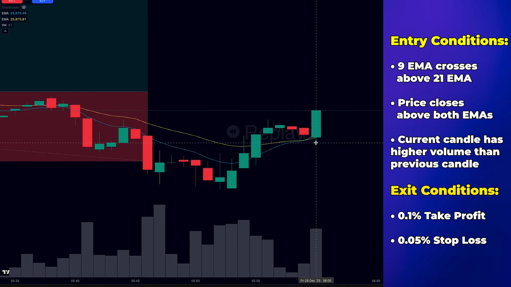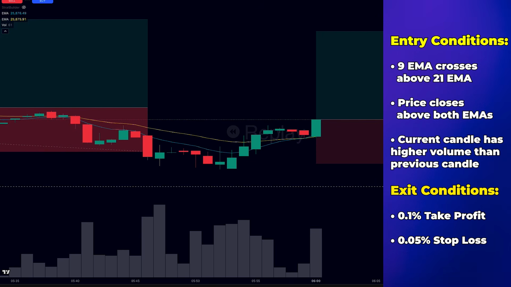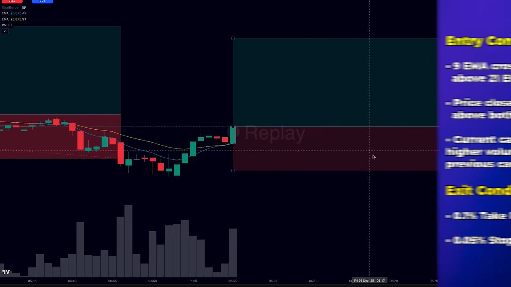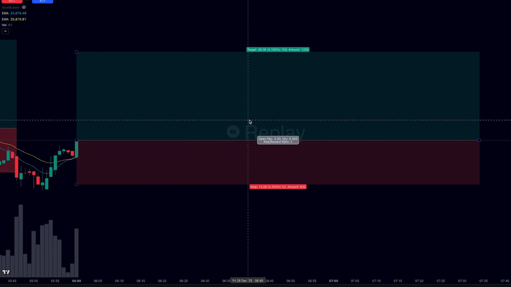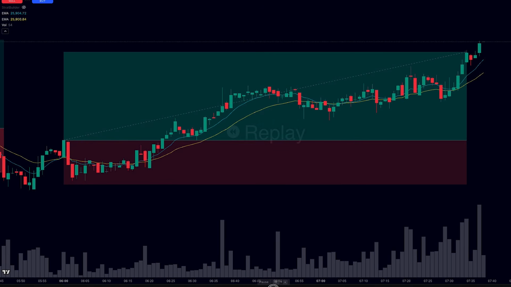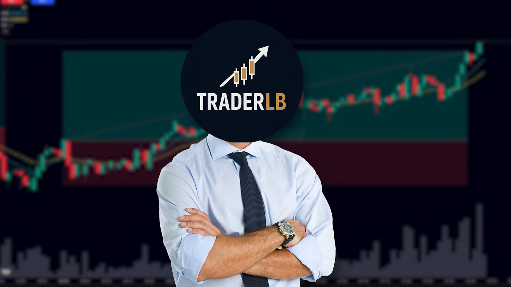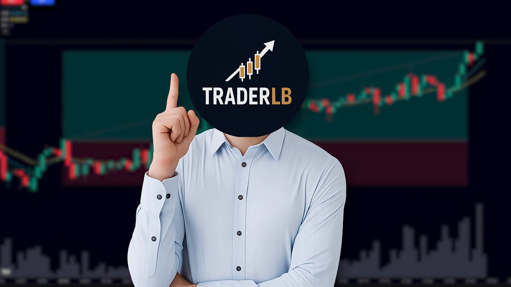So let's go over one more example. We can see on this candle that the 9 EMA has crossed above the 21 EMA and the candle has closed above both EMAs and the volume is higher than the volume was in the previous candle. So we set our stop loss at 0.05%, our take profit to 0.1%, and we let it play out and see what happens. And that is a win. This actually looks like a pretty good strategy, but let's see how good it actually is by running it through